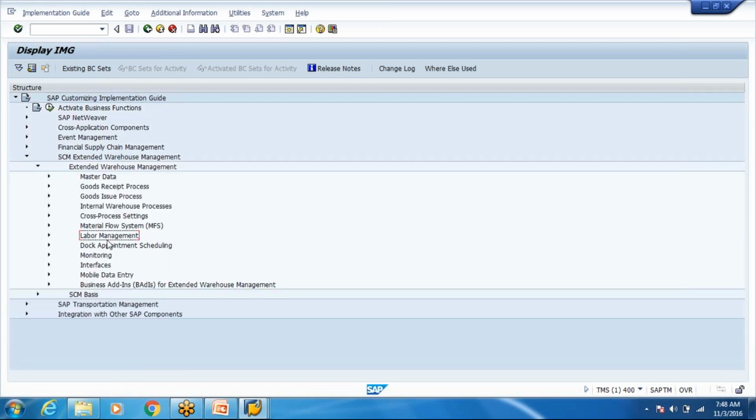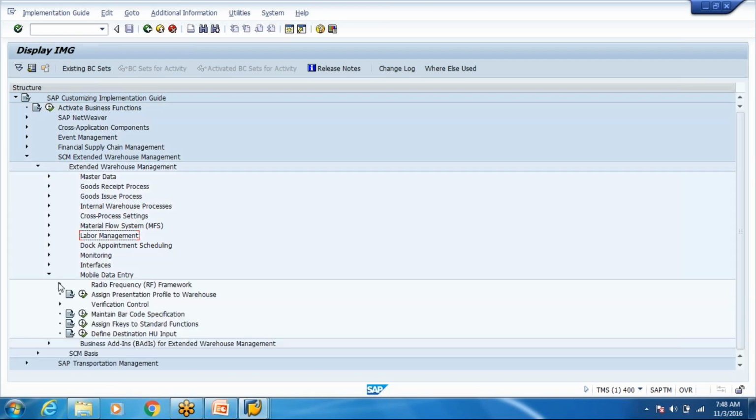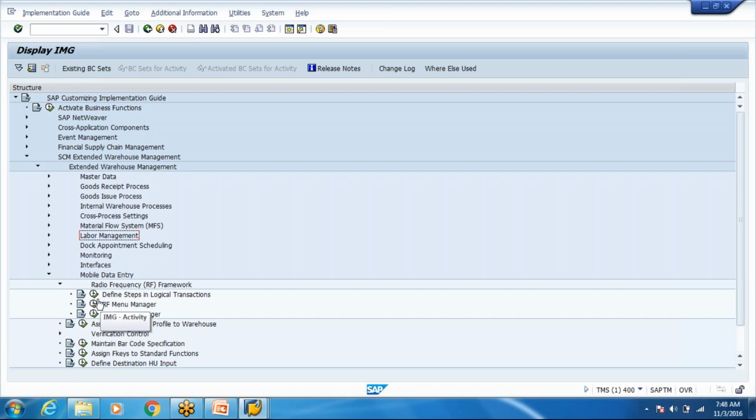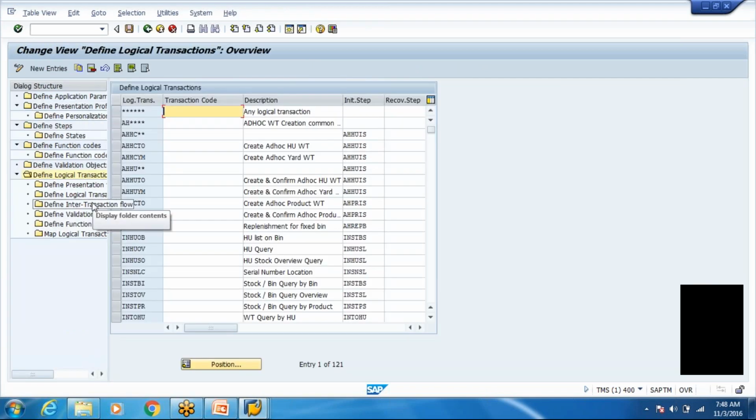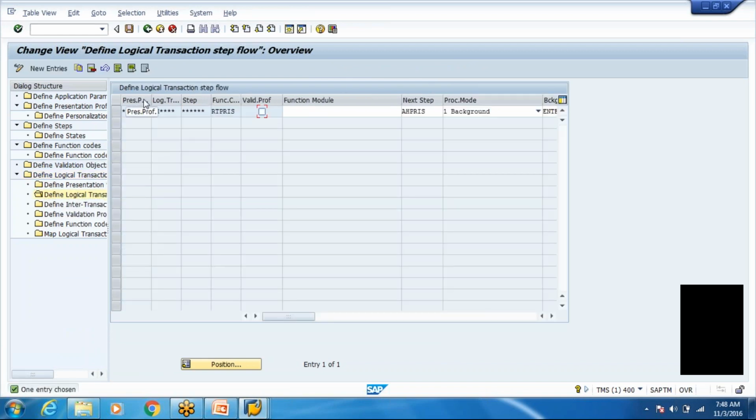One more use: this presentation profile has a good use. Let's take any transaction for example. You can see that presentation profile wise you can control. So this is the standard flow.